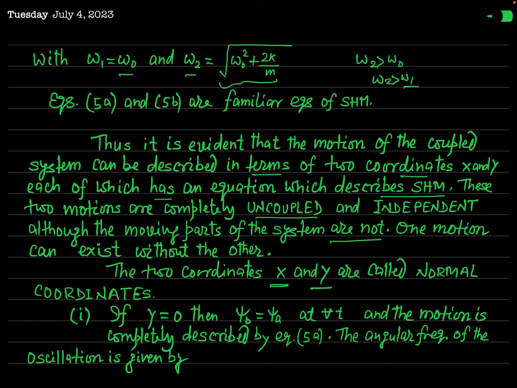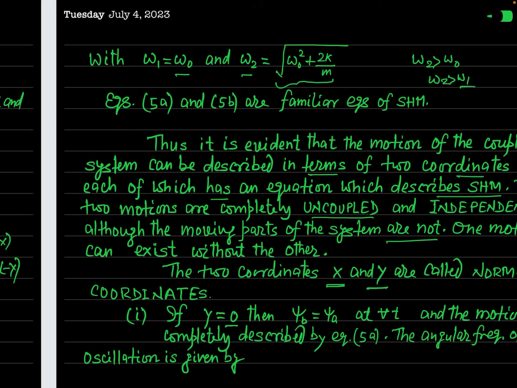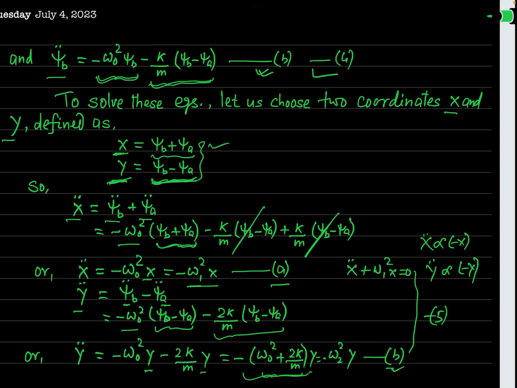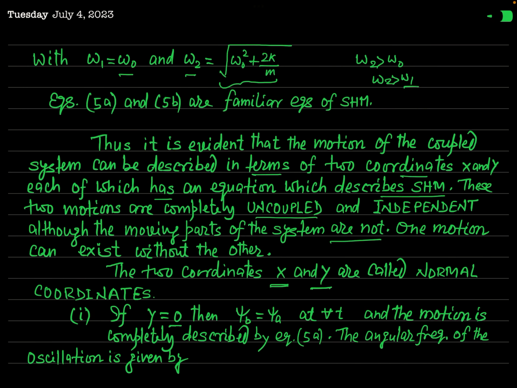In the first situation, we will now see that if we consider y equal to 0, as you know, y is equal to psi b minus psi a, and you are taking y equal to 0, it means you are taking psi b minus psi a equal to 0. That is, psi b is equal to psi a for all time t. At all time, this y remains 0. We consider it. So if psi b and psi a are the same, that is, the displacements of both pendulums are equal and in the same direction,